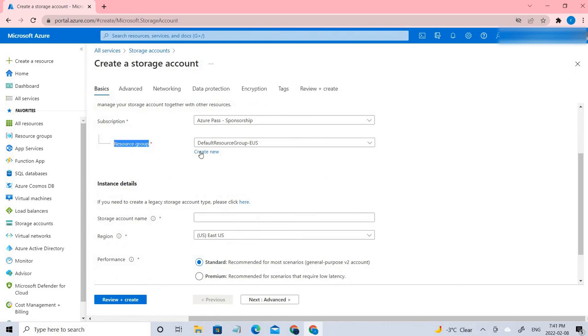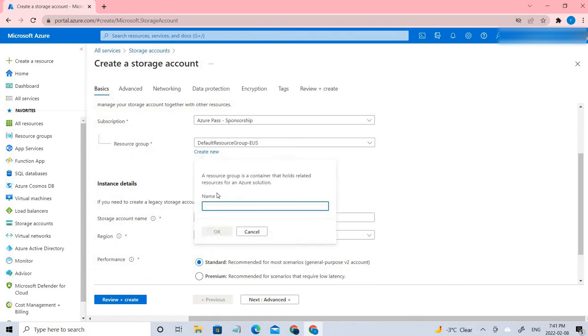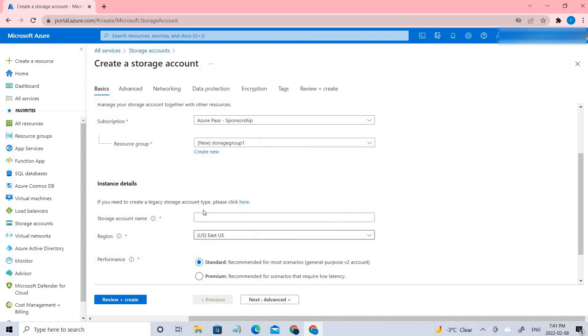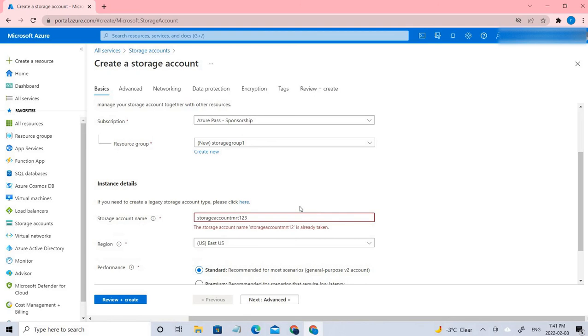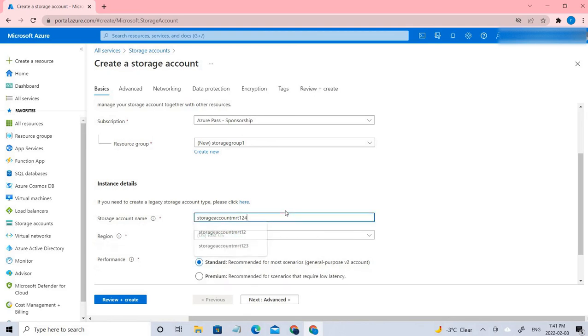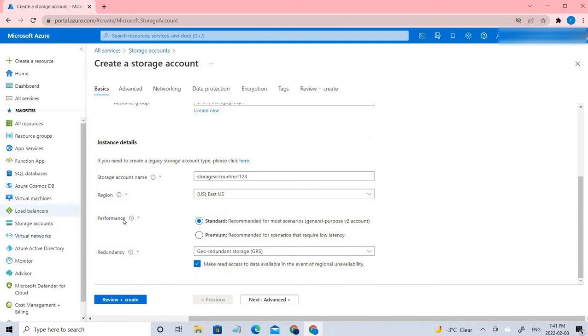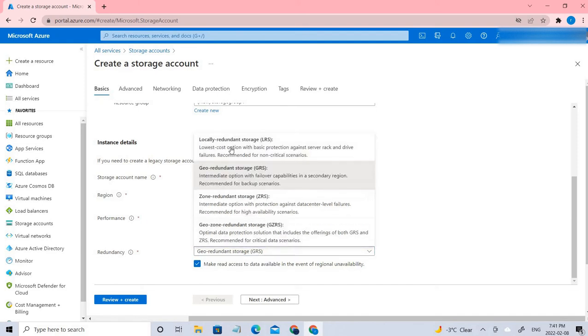Coming to resource group, create a new resource group. Let us say storage group 1. Let's click OK, and coming to the name, I'm giving some random name for the storage name. For the performance I'm giving standard, and for the redundancy change it to locally redundant